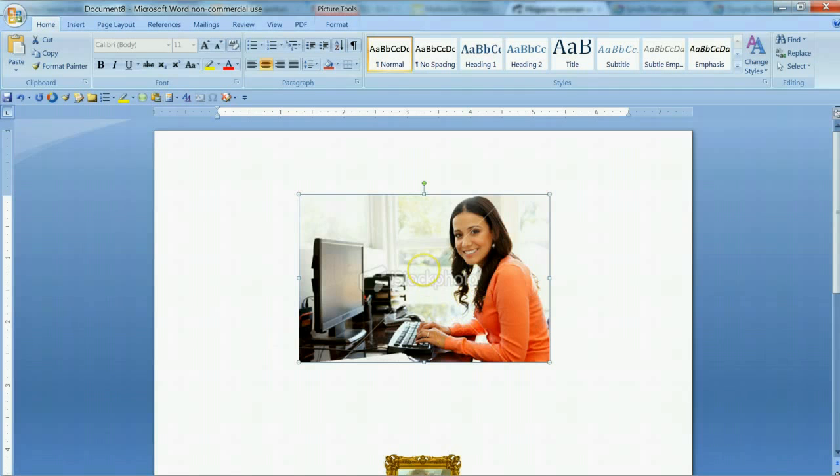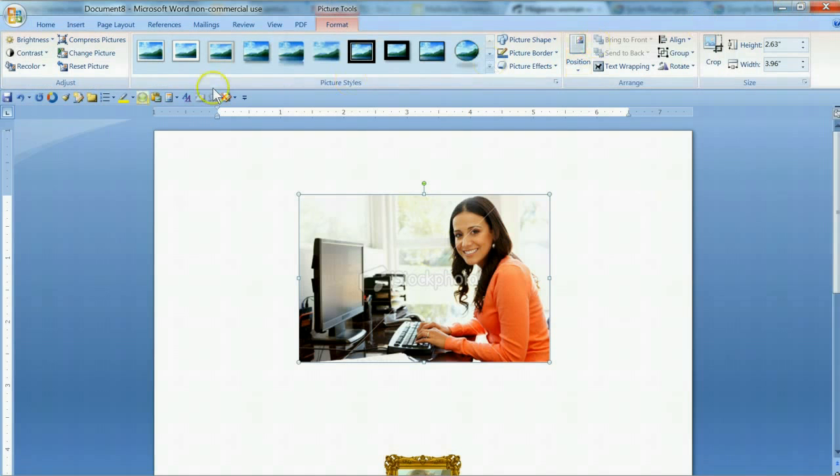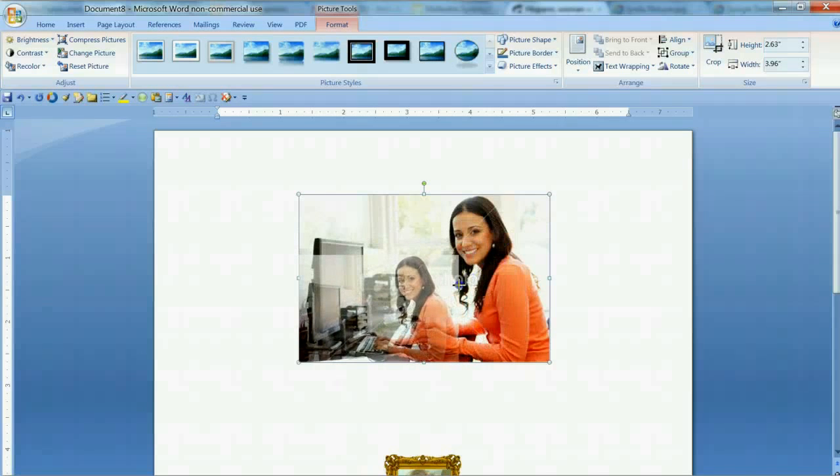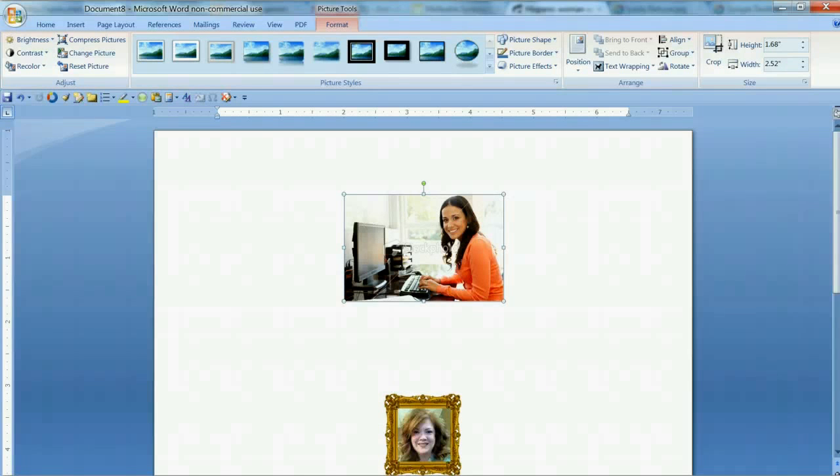And what we're going to do then is click on our picture tools, and it gives us this whole new menu of things we can do with this image. So what I'd like to do now, first I'll show you how to resize it. This is very easy. You just take your mouse and hover over any of these handles, and your cursor changes to this double-headed arrow. And if you hover over the corners, just click and hold and then pull toward the center of the image, and it will resize like that.